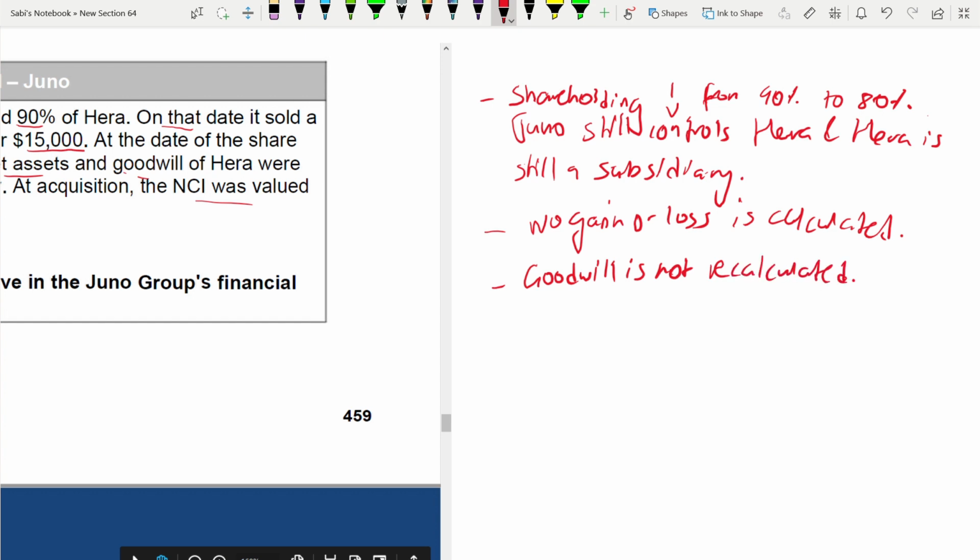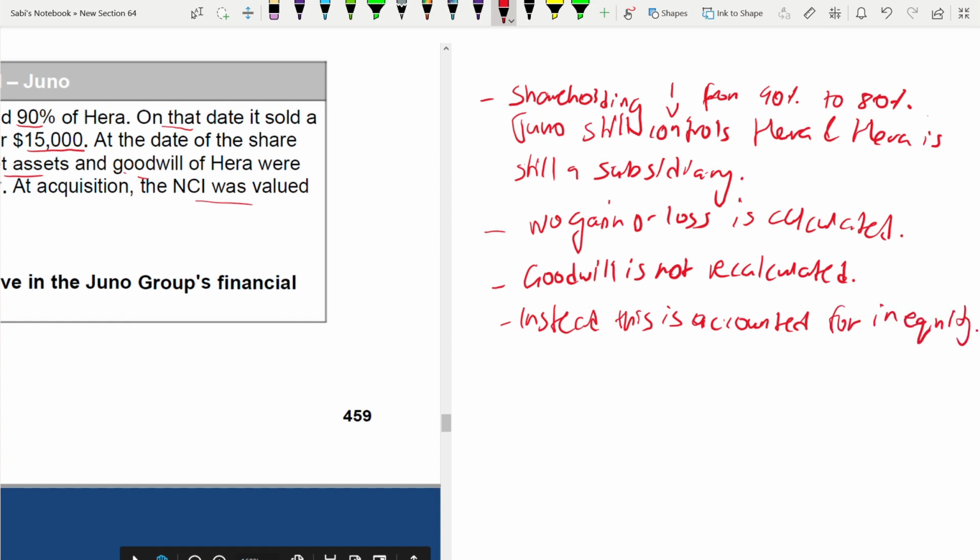Then what's next? Instead, this transaction is accounted for in equity,